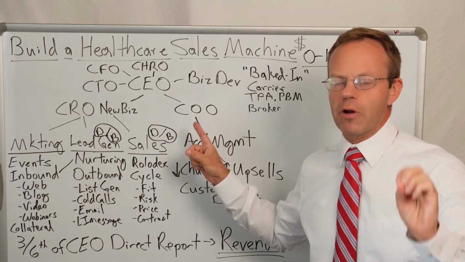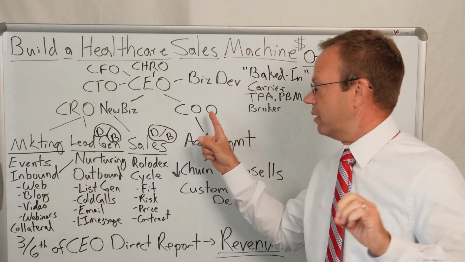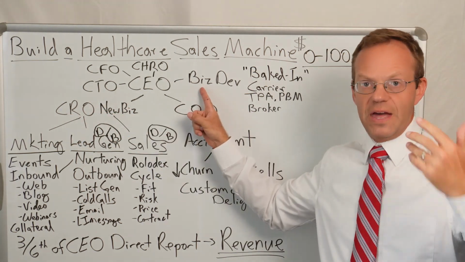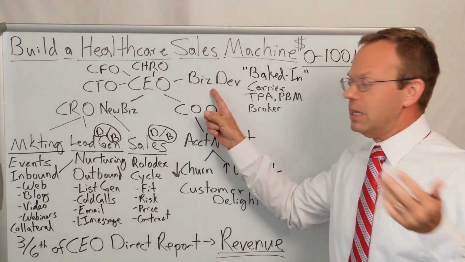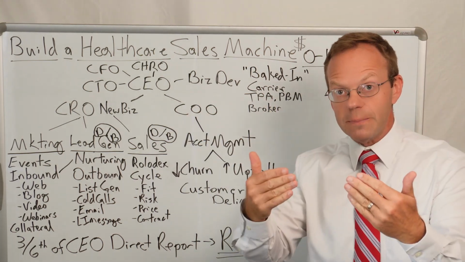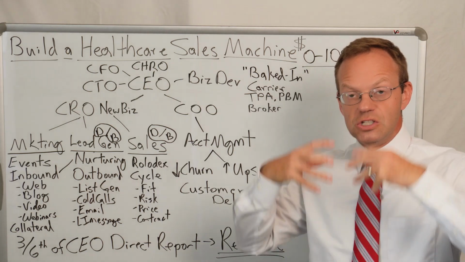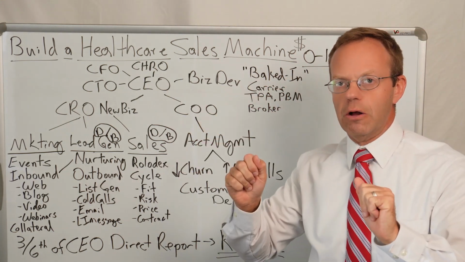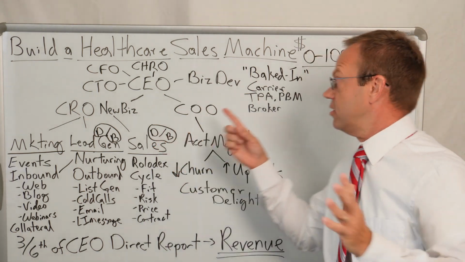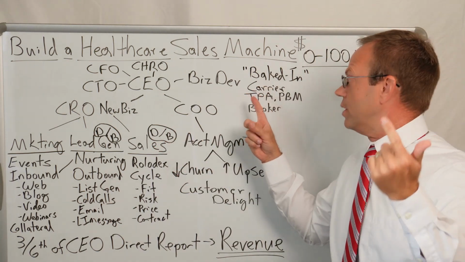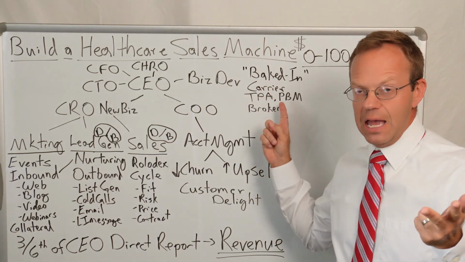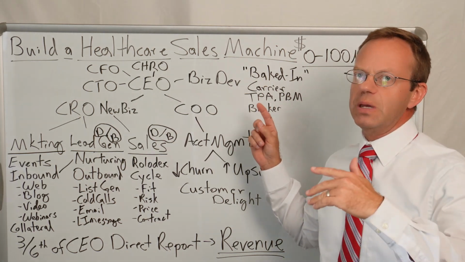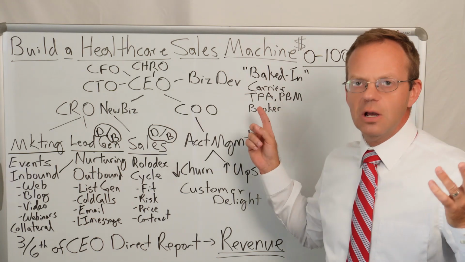And that's gonna make your product or service 1,000,000 times better. Now, separate from the Chief Revenue Officer of New Business and the COO, you also then have the VP of Business Development. And the VP of Business Development is doing partnerships where the company's service or solution is baked into another distribution channel. That distribution channel in healthcare is typically like a carrier or a TPA or a PBM, or it could be a broker, or it could be an accountable care organization, it could be a Medicare Advantage plan,